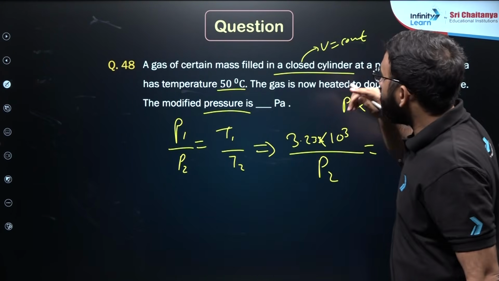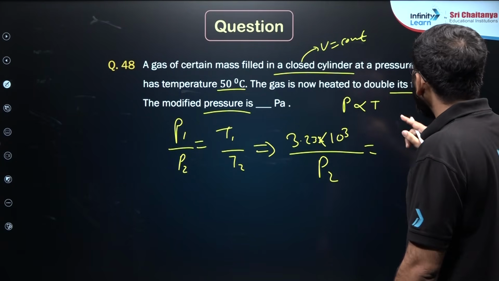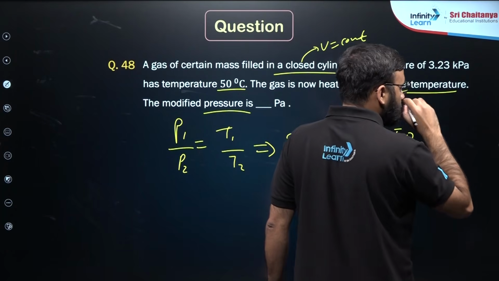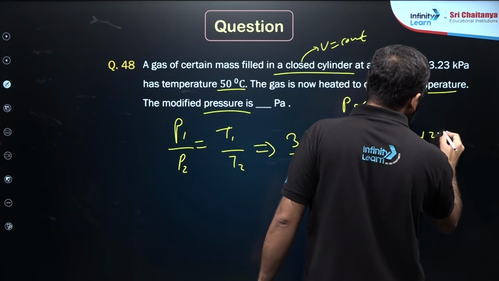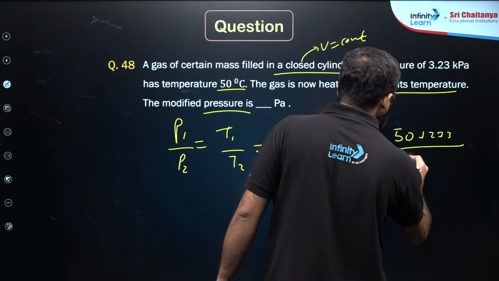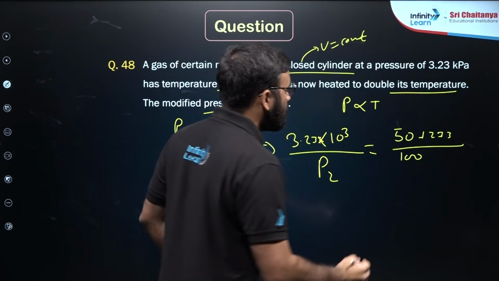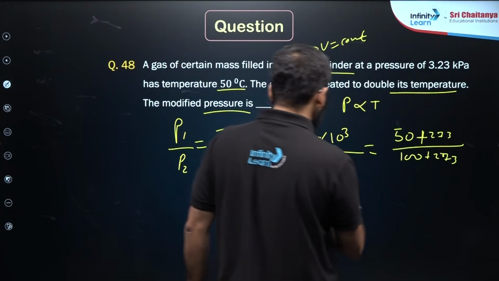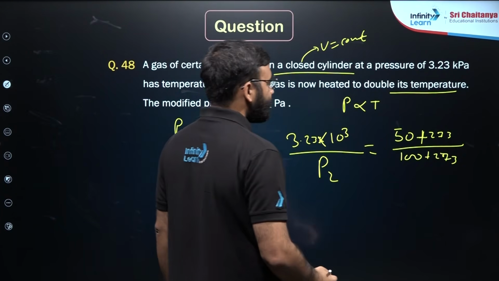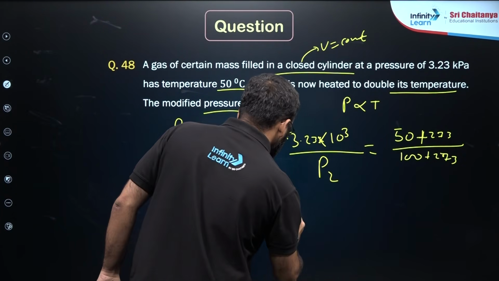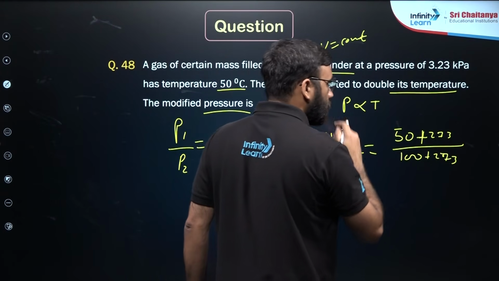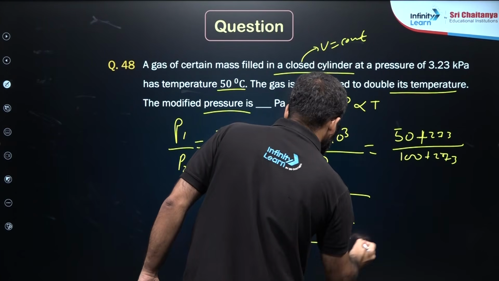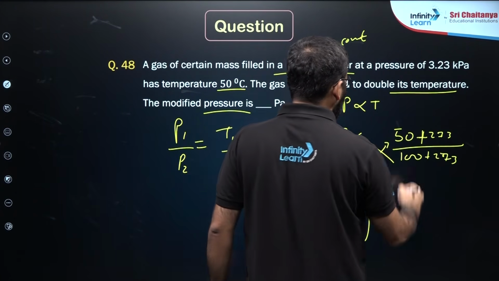its initial temperature is 50. So the gas is now heated to double its temperature. Okay, so 50 plus 273. Second condition, 100, because its temperature is now double, so 50 plus 50 plus 273. So you can solve this one. So P2 equals to how much can you get? P2 equals to 3730 pascal. Just do the cross multiply. Okay beta,